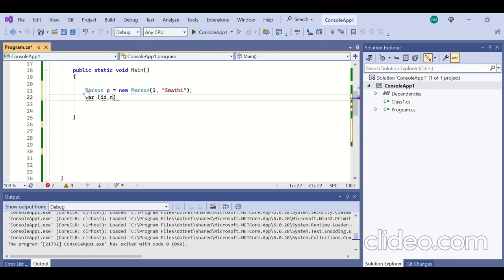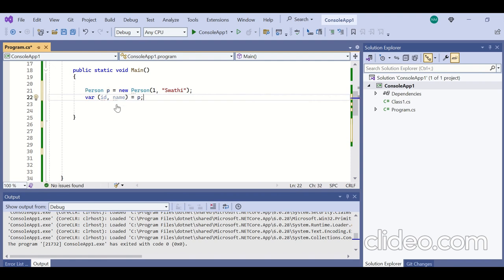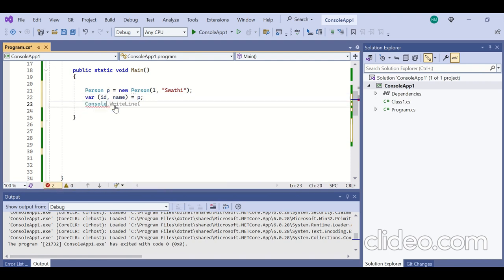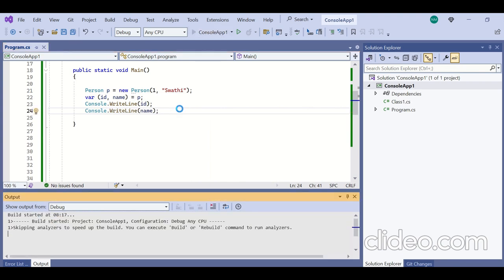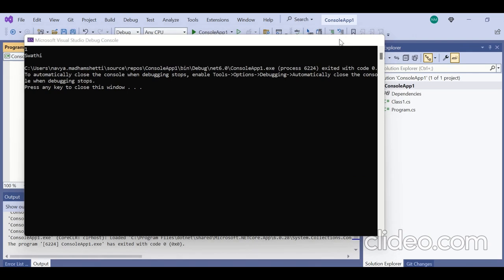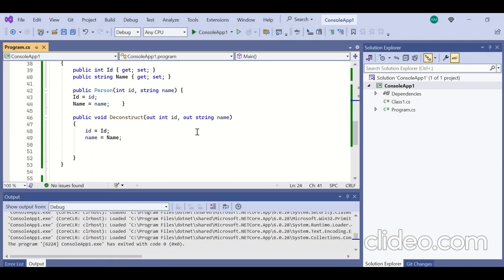For example, give it id comma name equal to p. See it, now I can directly access id and name. See here, 1 and Swati is printed. It will just destructure the values,